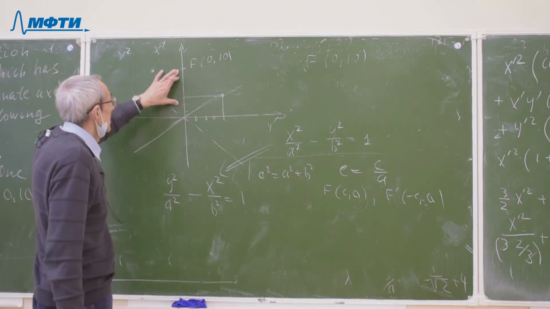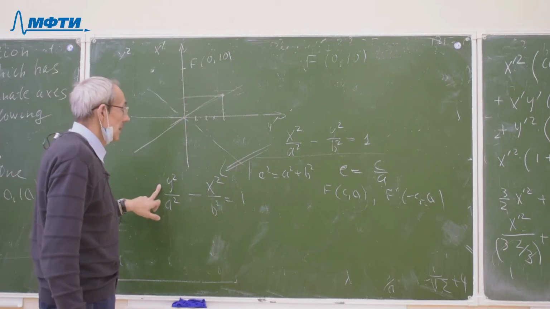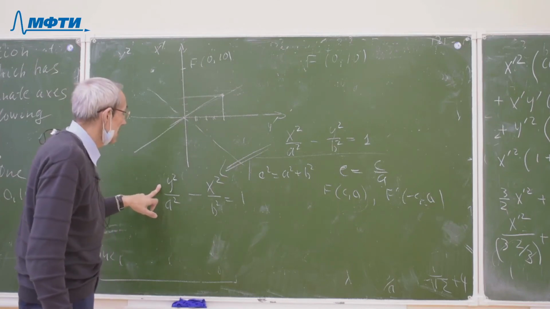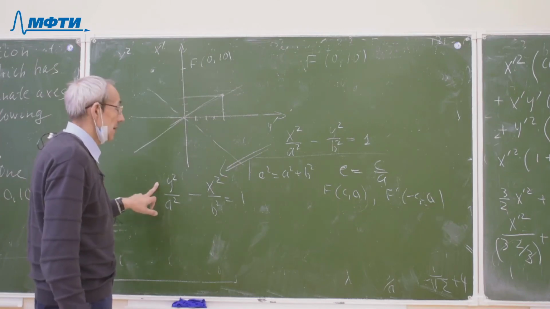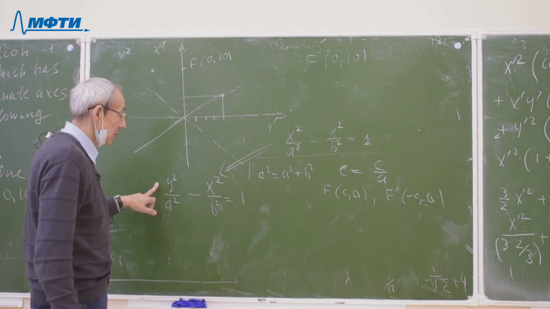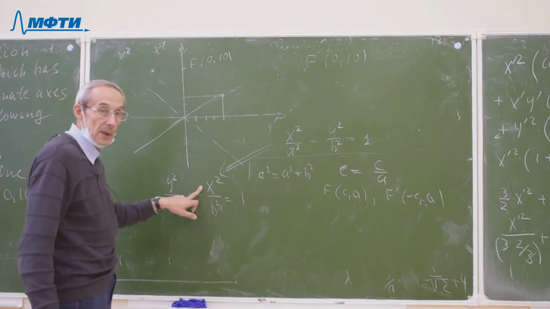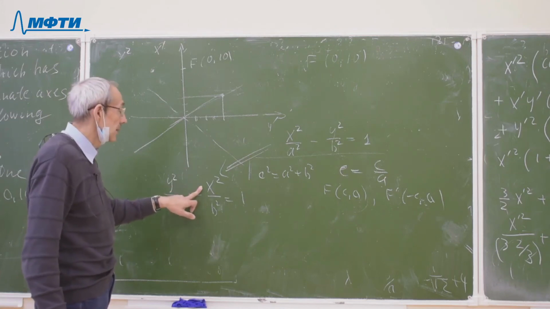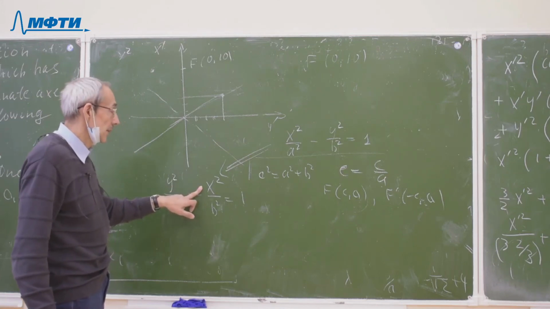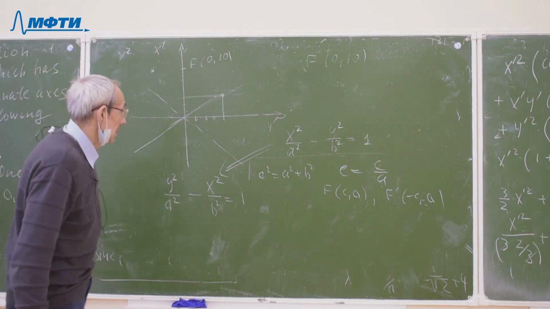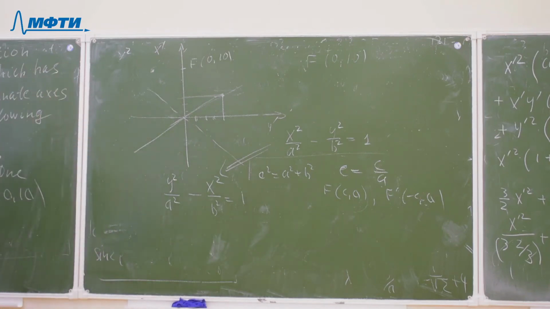We imagine that the axis OY is the new canonical axis OX prime, and this axis is the canonical axis OY prime. And the equation